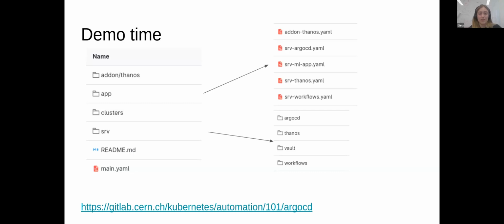So I just wanted to spend a minute to discuss the structure of the repository. So we have the add-on Thanos, where you can have all that is necessary to deploy the Thanos sidecar. Then we have app, which is the ArgoCD applications. And we have this convention of calling them add-on or service, just to be easier to track. And you can see that we have service ArgoCD, which is an ArgoCD application that manages Argo itself,